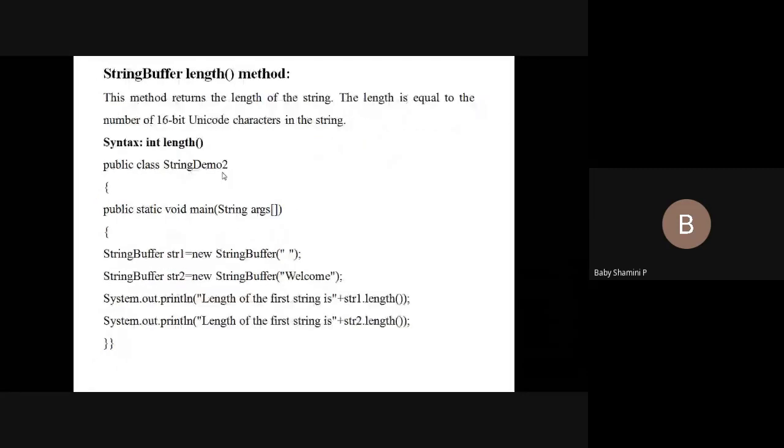And if you want to find the length of a string, directly declare the object name dot length of. See the example: StringBuffer str1 equal to new StringBuffer of. Here str1 is the object name, so str1 dot length of. What is the length of this one? Here we have a white space, so the length of this string is 1. If you have not given any white spaces here, the length of the string is 0. In this way it calculates the length of the string.